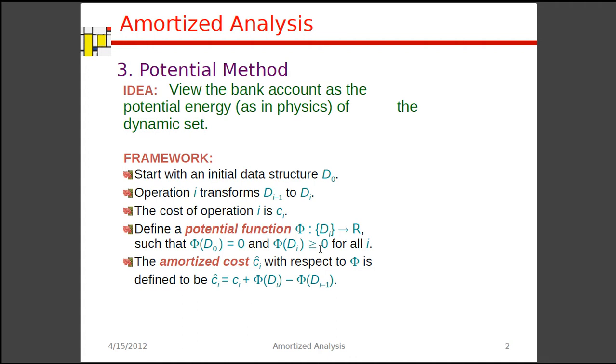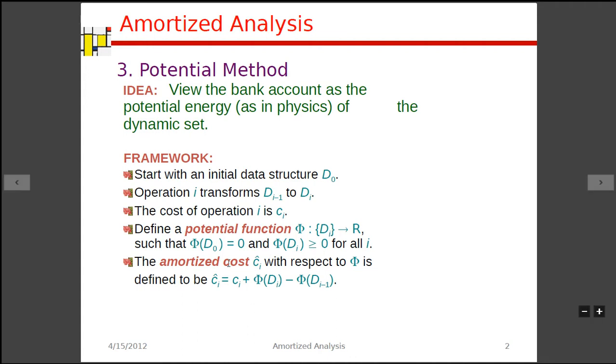It is like a bank balance. When exactly can we say the account is credited? When the current amount is greater than the previous amount. In that case, we are saying the amount is credited. But suppose the current amount is less than the previous amount, in that case, it is debited. So this is the identification of potential.